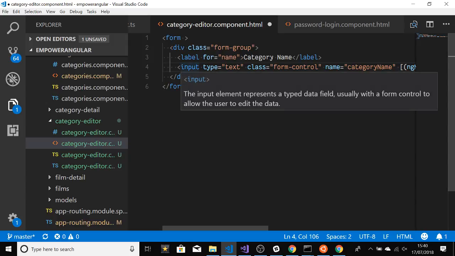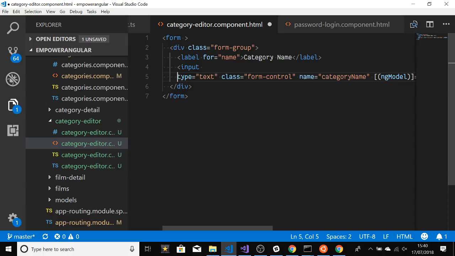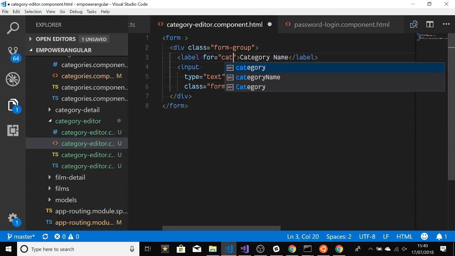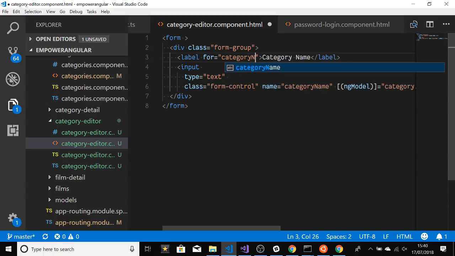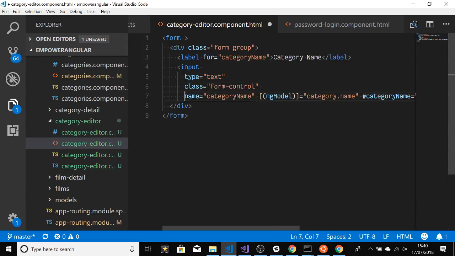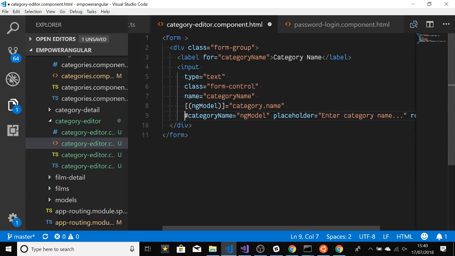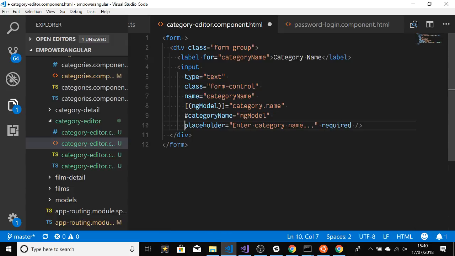Right, so I'm going to break this down and put it on separate lines. So first of all, we've got the type equals text. Then we've got class equals form control. Then we've got name equals category name. ng model is category name. I believe the category name part there is the bit that ties it to the model,